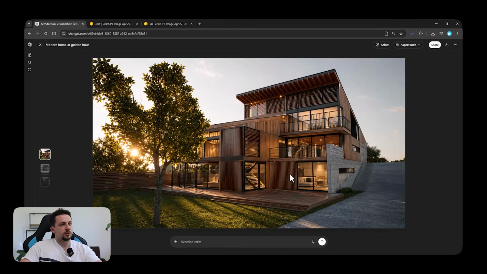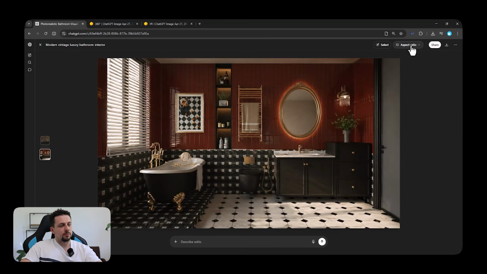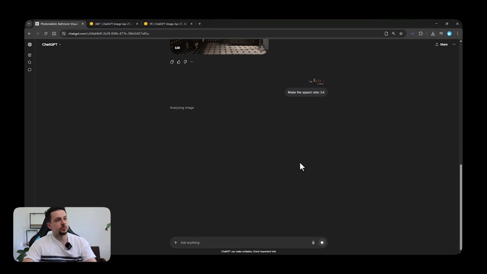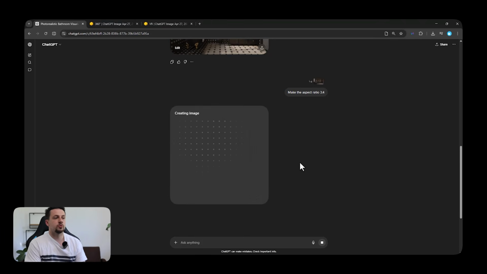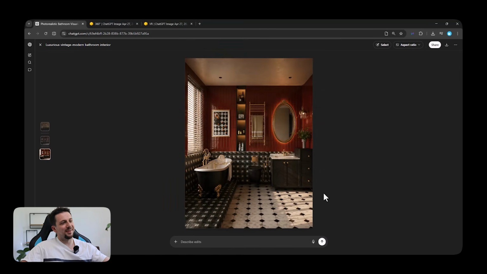The other thing that we can do as well, which I find very cool, is that if I go to this bathroom here, I can just go ahead and change the aspect ratio to, for example, portrait at 3:4, and it will do that automatically for us without needing to use Photoshop or anything else like we had to do with Nano Banana previously. You can see this is